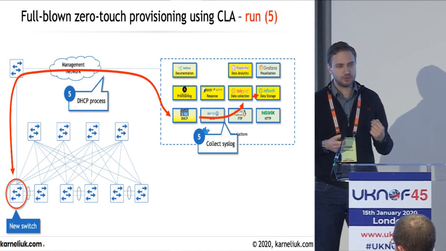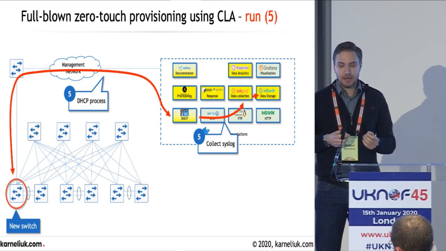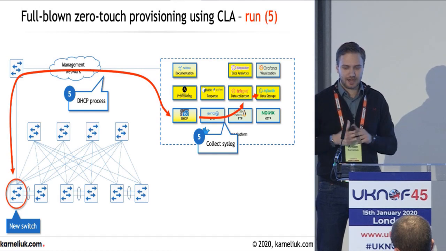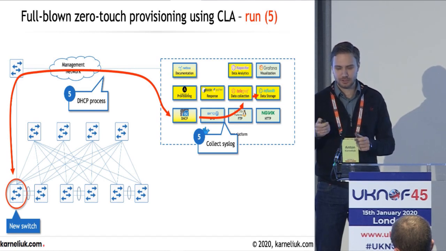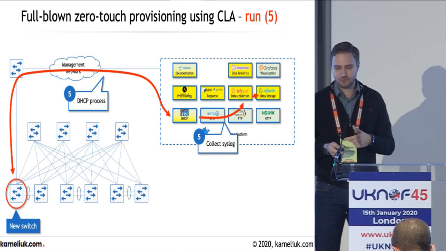So bring new switch to the data center or to our site. It starts this DHCP process. The DHCP process is working with a certain container, and this is an ISC container which has information, which has mapping for this IP address. Once the DHCP gets IP address, this message is passed through the syslog to the Telegraf, and Telegraf puts information